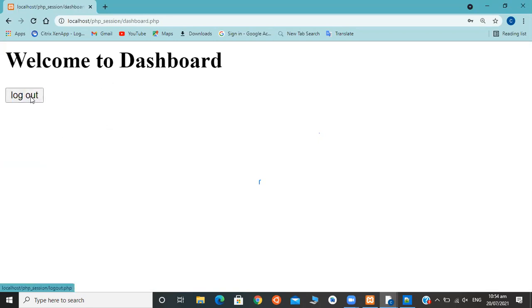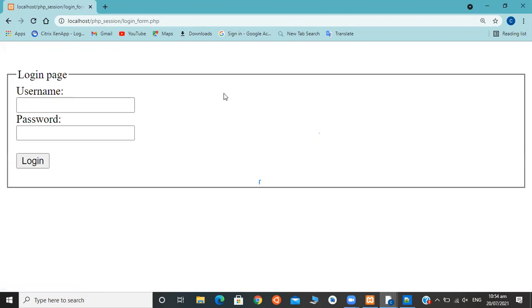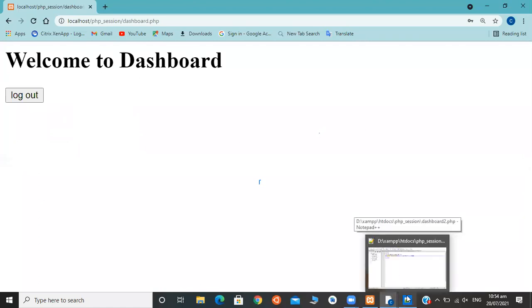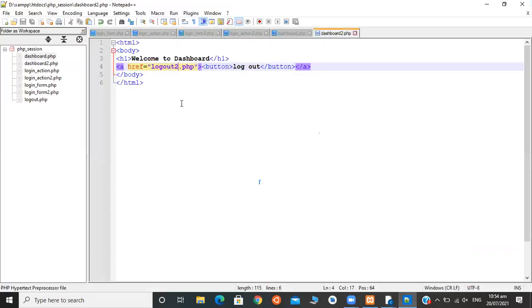Then after clicking on logout, actually it is going to dashboard.php in login option 2.